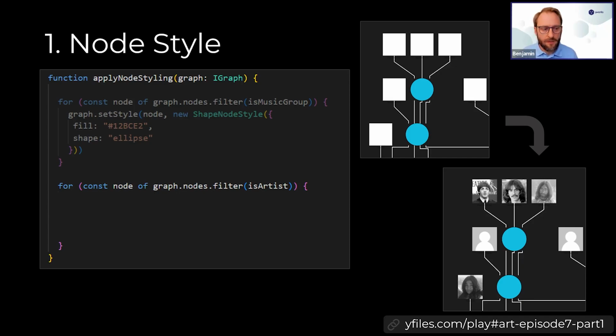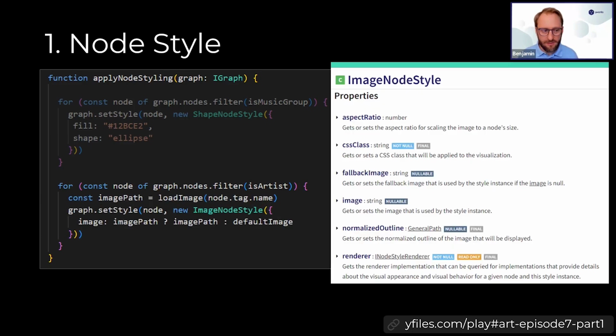The next part that I would like to consider is how to set an image for a node. And here the approach is quite the same. So we go through all nodes of the graph and we just have a look at the nodes that are artist nodes. And what we do is that we load an image based on the tag of the node. So if you have a look at the entire code, which you can also find in the playground via this link here, then you can find this loadImage function, which is basically a very simple lookup for some URLs